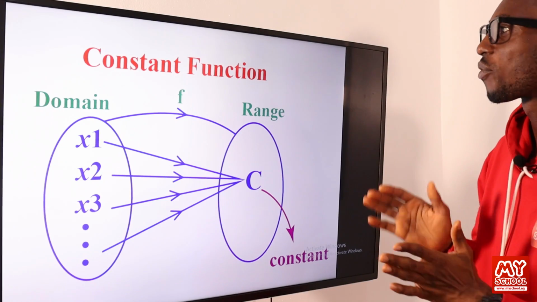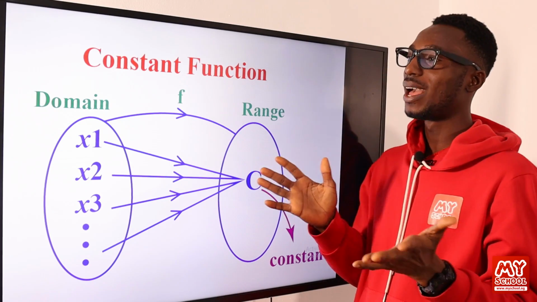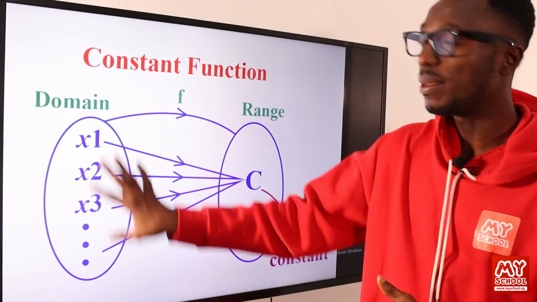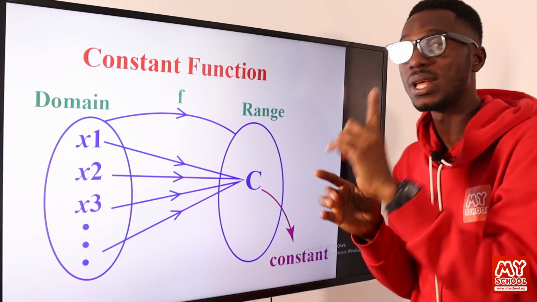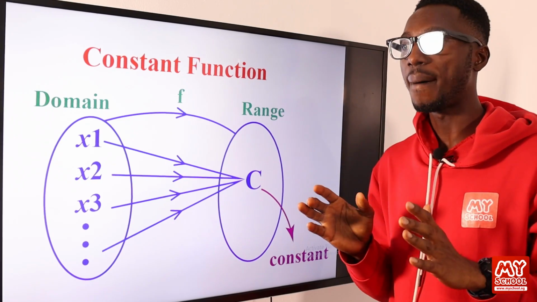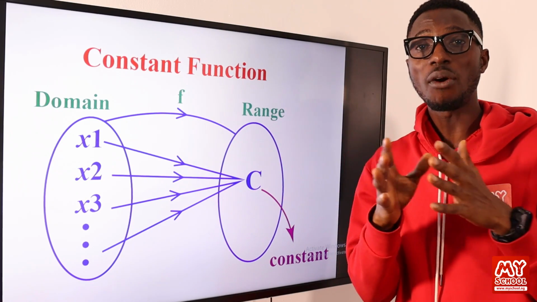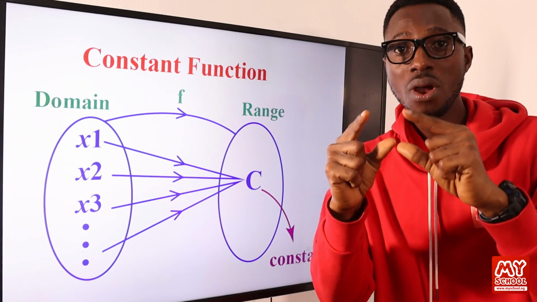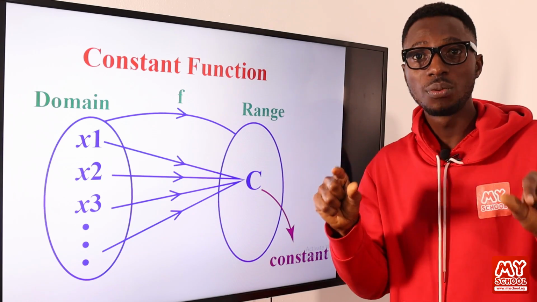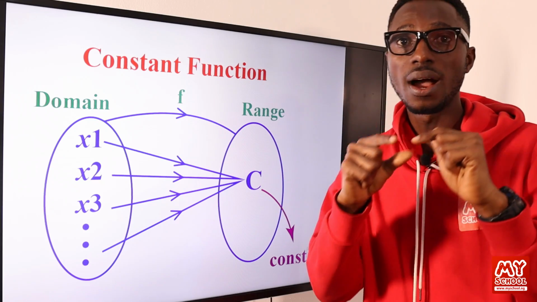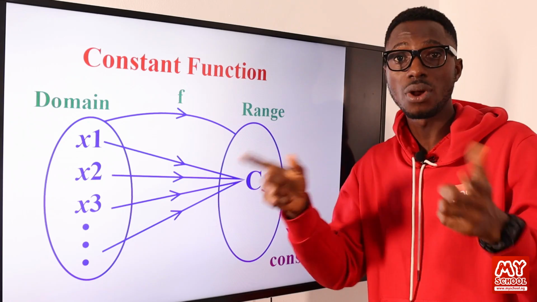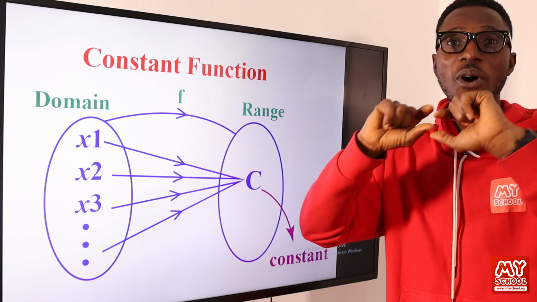So very well, we have the constant function or constant kind of mapping. That is a situation whereby all the elements, all the inputs, just produce exactly the same image. It's just like saying all the students in a particular local government are attending a particular school, probably a government school. So all the children, probably under the age of 10, are attending a particular primary school. Let me say a primary school that belongs to the government, a community primary school. So you can see all the children in the particular